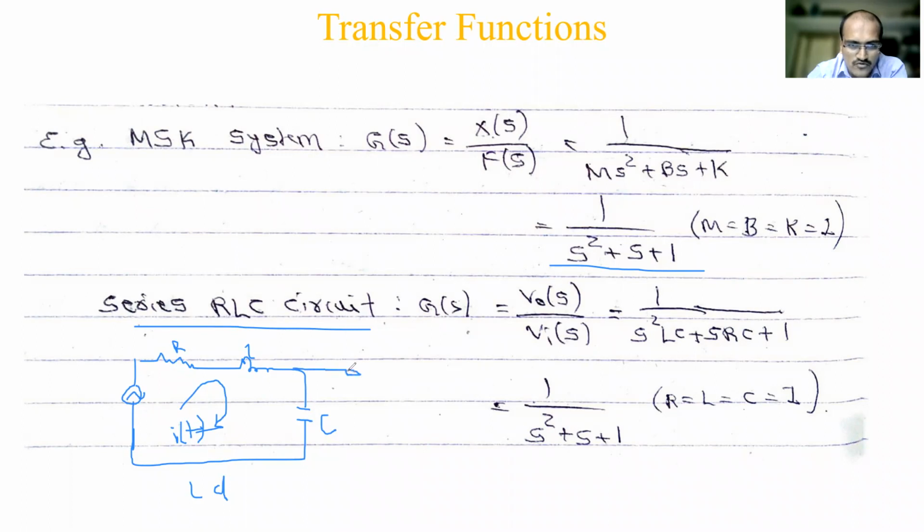Here one more loop I will consider, and if I consider across C also you can consider, across R also you can consider. So here your V naught of t is there, in an electrical network. So when you write the equation of this, and if you write the V naught and then you substitute back, you'll get V naught of S, the Laplace transform, and here Vi of t Laplace transform. So that is the input.